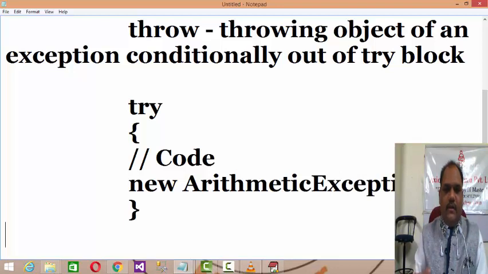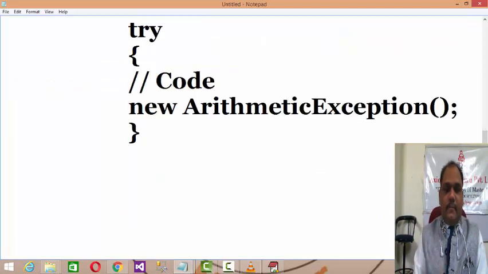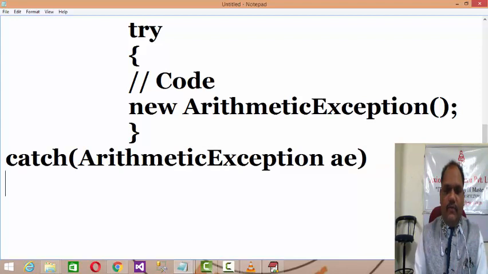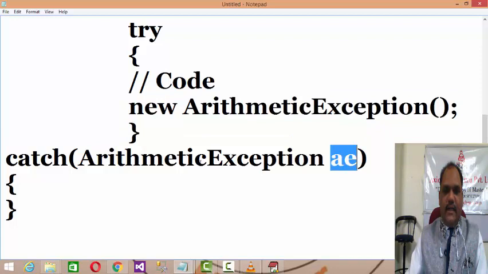That anonymous object will be thrown out of the try block, and the adjacent catch block will catch it, as the arithmetic exception object is thrown out. Finally the statement becomes AE equals new ArithmeticException, so in this manner the object of the arithmetic exception gets initialized, right?